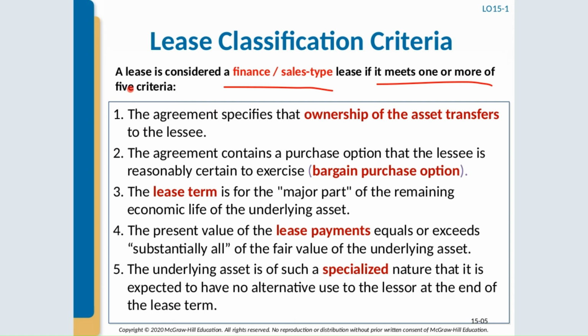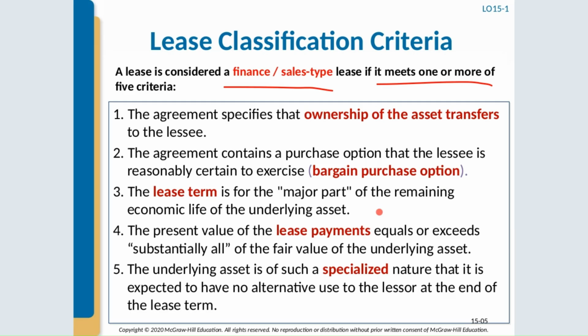Okay, so the agreement specifies that the ownership of the assets transfers to the lessee. The agreement contains a purchase option that the lessee is reasonably certain to exercise. The lease term is for the major part of the remaining economic life of